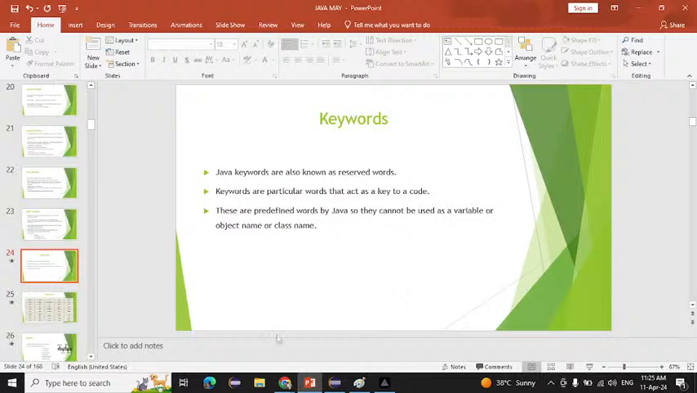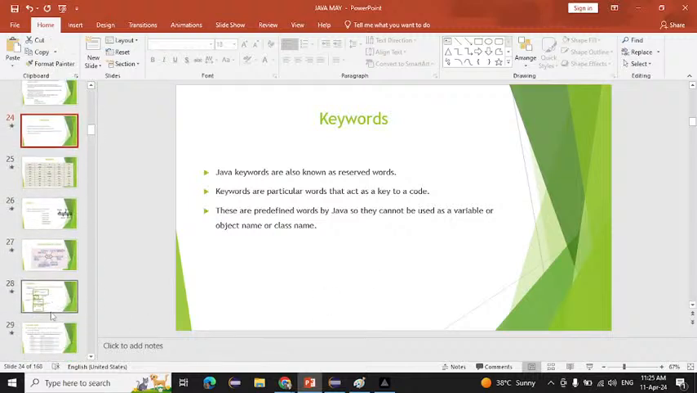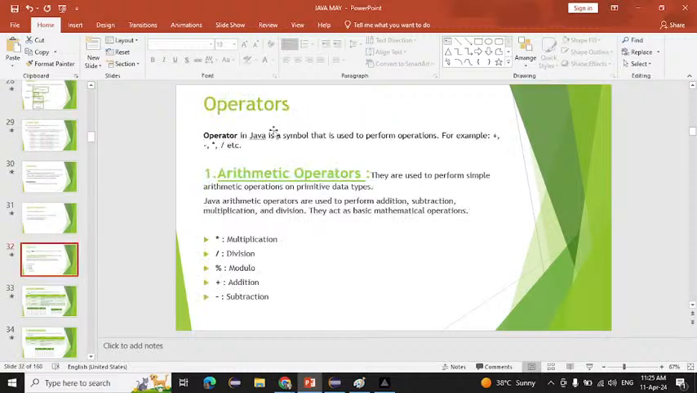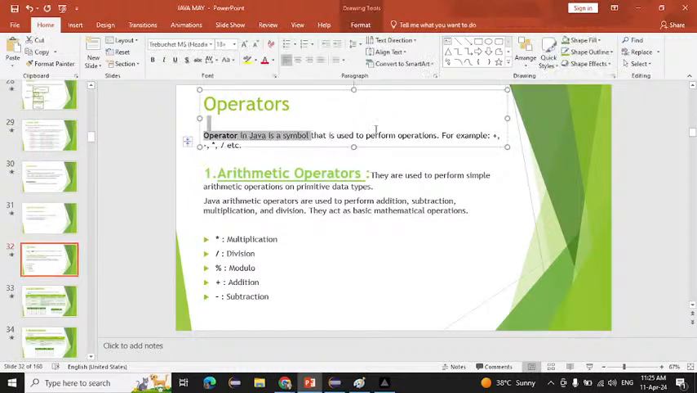Now, another thing is the operator. This is also an easy part. What is meant by operators? An operator is a symbol that is used to perform an operation. As we know from childhood, we do multiplication, division, modulus, subtraction, and addition. Plus, minus, division, multiplication, these are all symbols only, and with the help of these symbols we are performing some